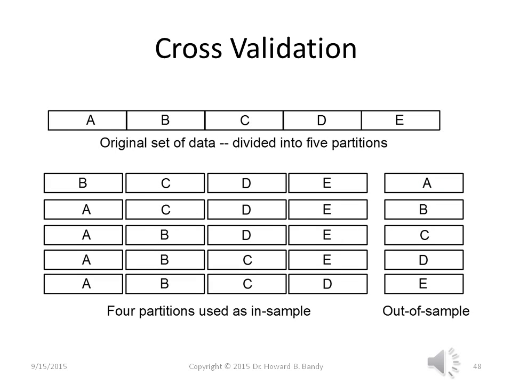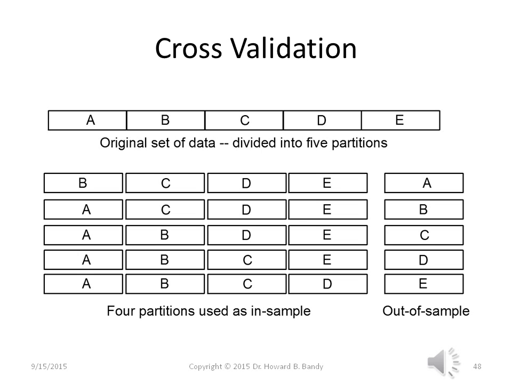One of the validation procedures that's used in machine learning is called cross-validation. I've described it here as taking an original set of data, and this is referring now to the rows in the spreadsheet, and dividing those rows into 5 partitions, which I've labeled A, B, C, D, and E. The cross-validation selects one of those partitions and reserves it to be out-of-sample data, and it uses the other 4 to learn the relationship, and then does a test on the out-of-sample.